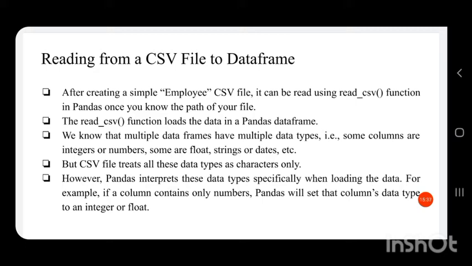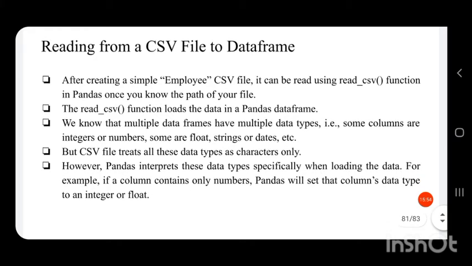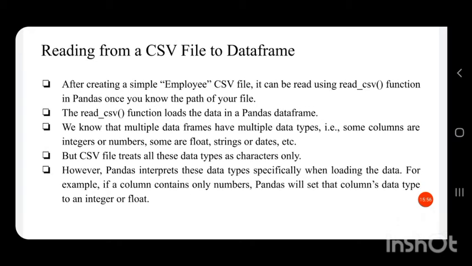So after creating a simple employee CSV file, it can be read using the read_csv function in Pandas, once you know the path of your file. So we can read this file to the data frame if we know the path of this file.